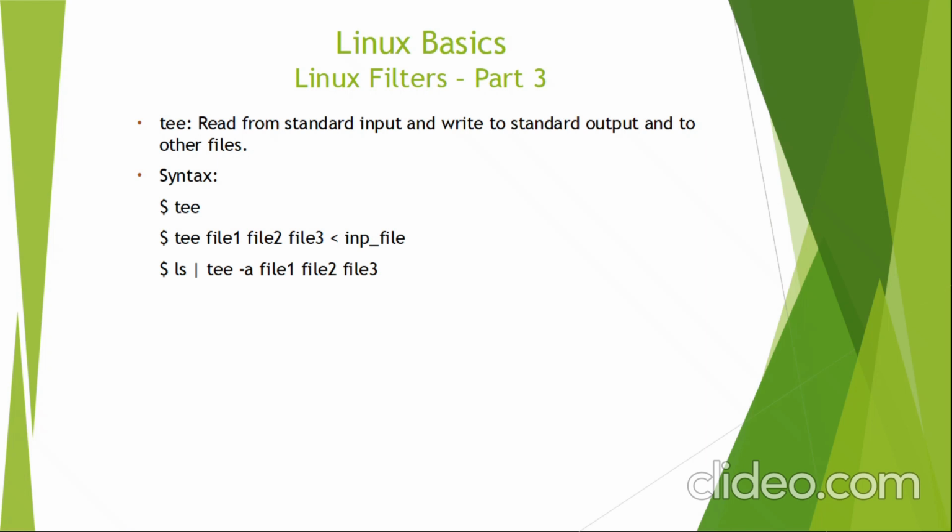So this is another example. See here what happens. T reads its input from the pipe, and it writes to the files specified as arguments. What is this -a option? Hyphen a is for appending. If any of those files have already existing contents, T would append to those files. So whatever input it reads, T will append to those files, and also it will send the output to the monitor.